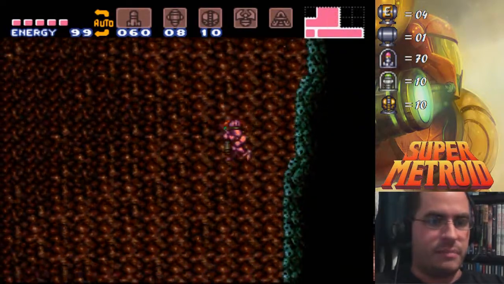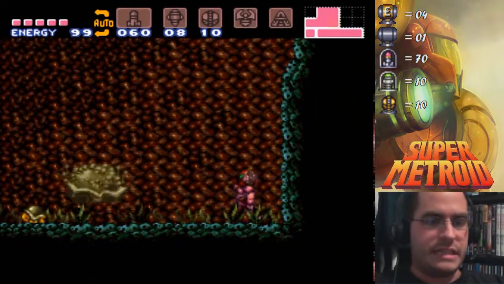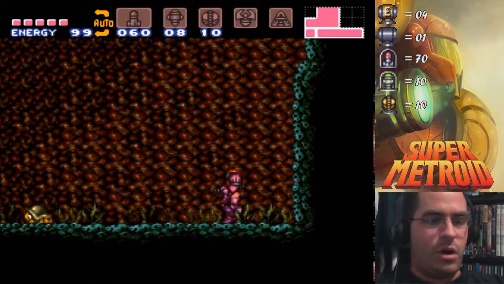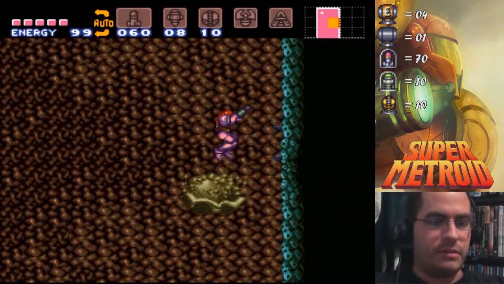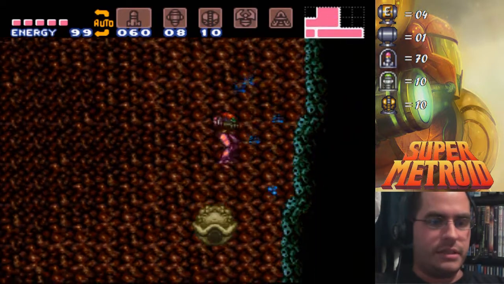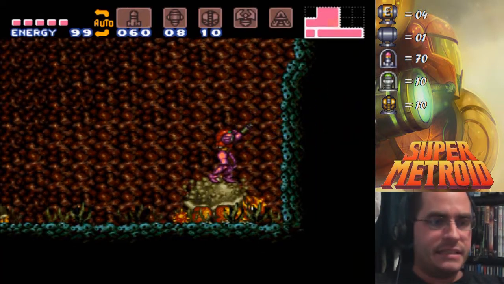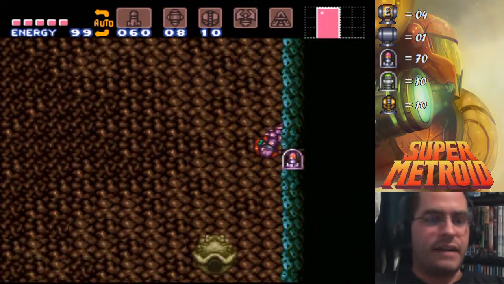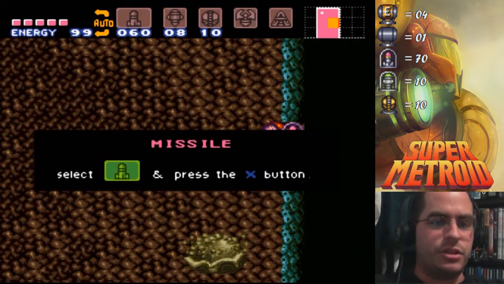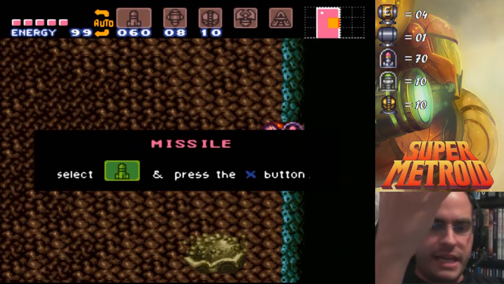And there's another missile up here. Again, sneakily hidden in a wall, which you wouldn't think to look. I mean, seriously, who thinks to look up here? Where is it? I'm gonna see. I can't even find it! I can't even find the stupid missile. See, look at that. I mean, who would think to look up, in the...